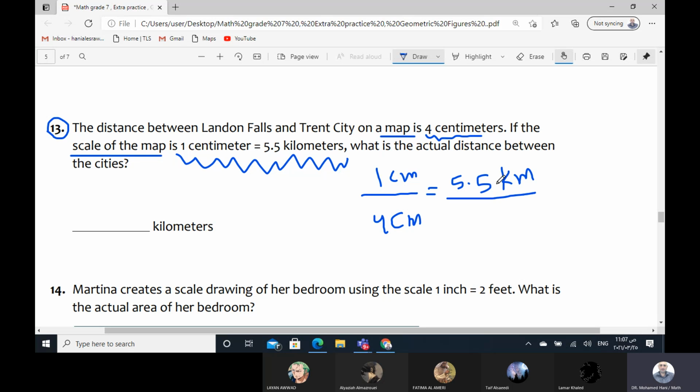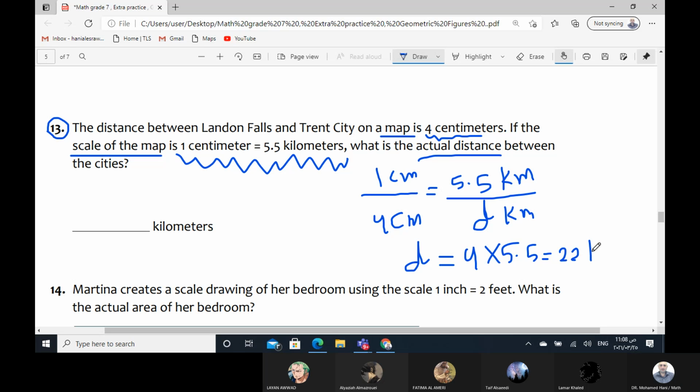And we want to know what is the actual distance in real life. What is the distance between the two cities here? D, for example, D kilometer. This is the second ratio. The equal between the two ratios means we have a proportion. How to solve the proportion here? Do a cross product. 1 times D equals D. Then 4 times 5.5 will be 22